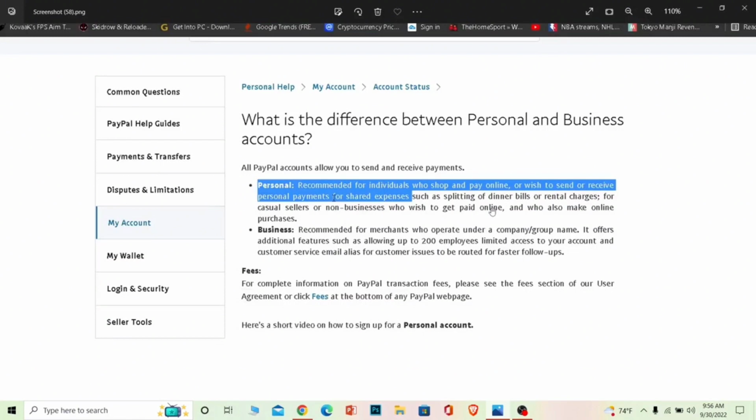Now if you want to know in detail about this, over here on my screen I have the screenshot of the article which was officially released by PayPal, telling you what the difference between a personal and a business account is. Basically, a personal account is recommended for individuals, as I told you in the beginning, for only one person's use, who shops and pays online or wishes to send and receive personal payments for shared expenses such as splitting bills or rental charges, or a casual seller or non-business who wishes to get paid online